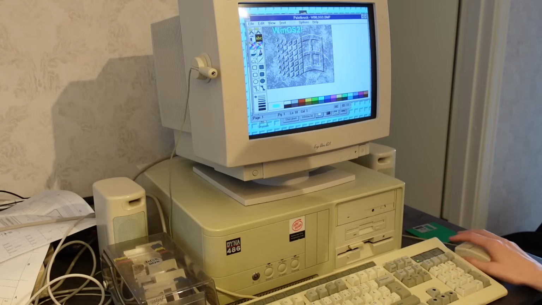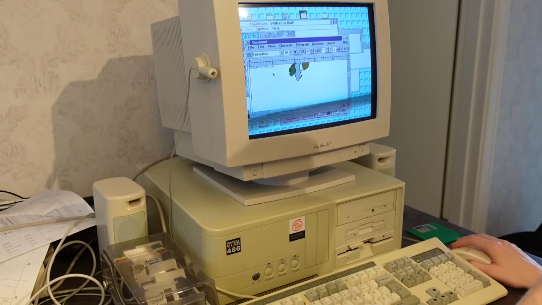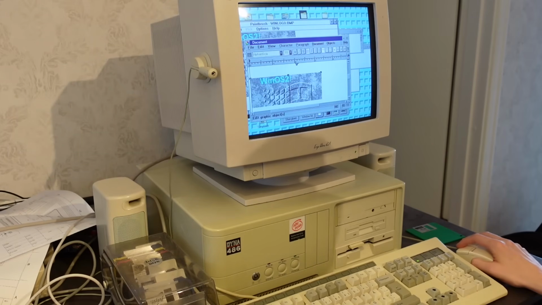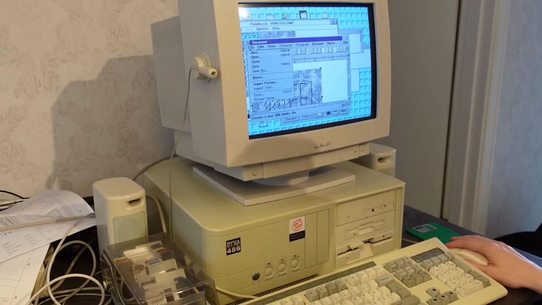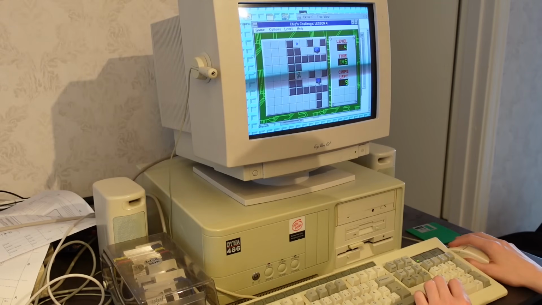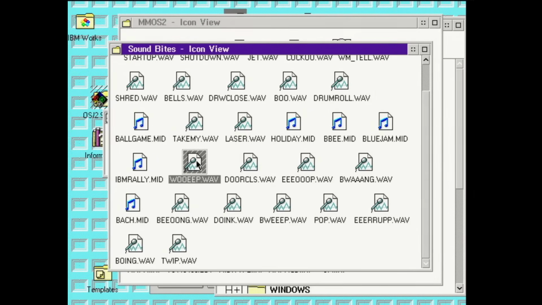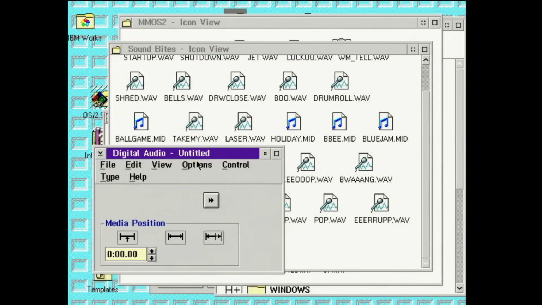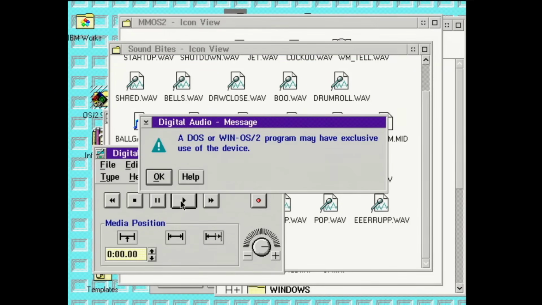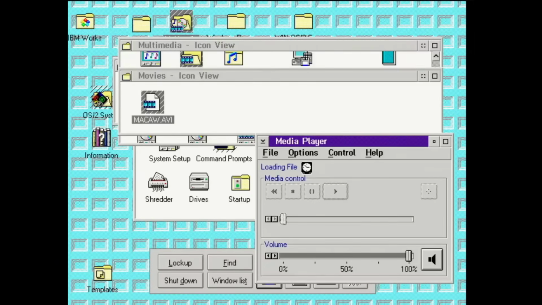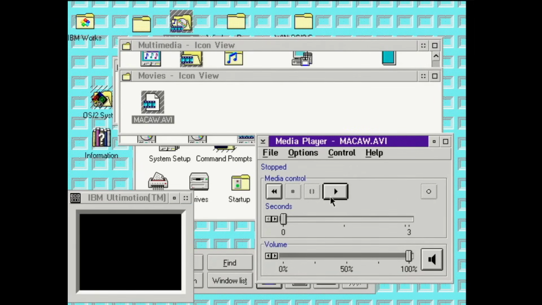That's not to say that there isn't any integration. The clipboard at least is somewhat synchronized between OS/2 and Windows applications. And it's all running on the same file system after all. The compatibility is supposedly pretty good, and you can play the old Windows game with sound. The Windows session does however block OS/2 programs from using sound. Warp 3 did come with some multimedia capabilities, but I won't be able to show them off well in 16 colors.